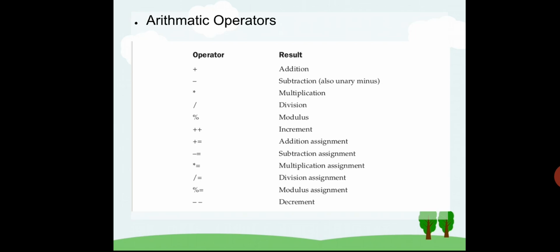Next, increment and decrement concepts. If you want to automatically increase the number by 1 or decrease the number by 1, say for example i++ will be easier. In a for loop also you might have used this i++. That means for the next iteration you have to increase that particular i value by 1. Or i--, or ++i: post increment or pre increment. So there are two separate concepts, and those concepts are here, nothing else.